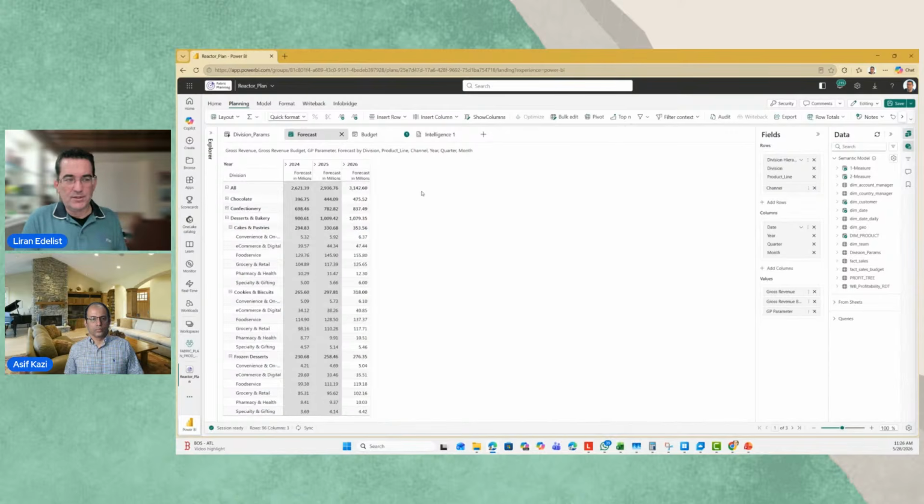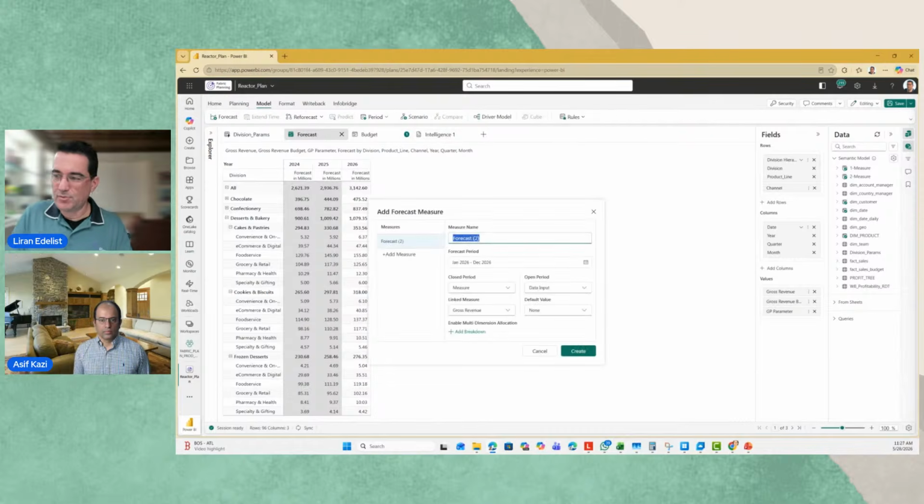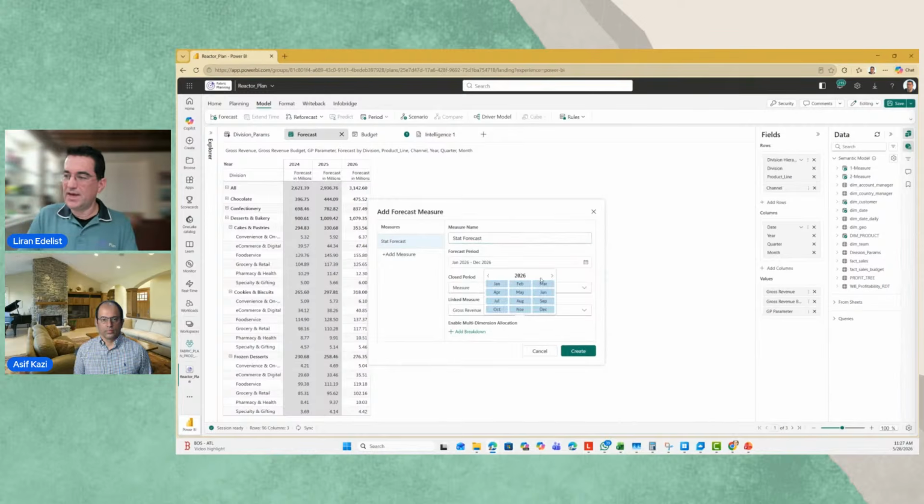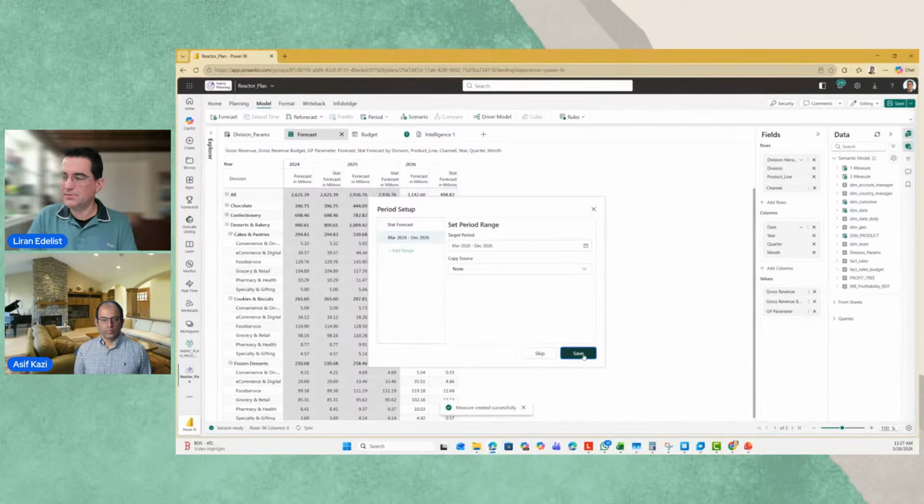Now, some managers will say, well, okay, I defaulted that to budget, but I really want to use something more modern, maybe a statistical forecast, and maybe even compare my statistical forecast with my budget plan or whatever users are doing. So let's do the following. I'm going to go into my modeling tab, and I will add another type of forecast. We will call that statistical forecast. It will be the same, going from the month of March till the month of December. We will just quickly create that.